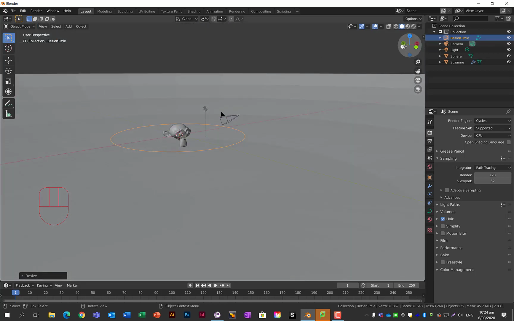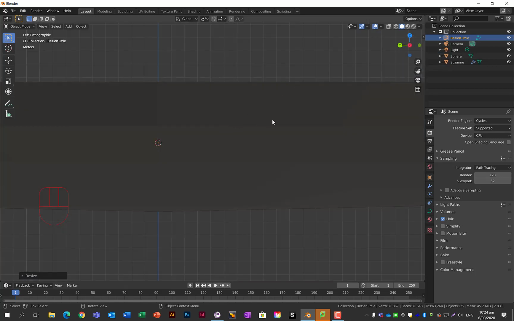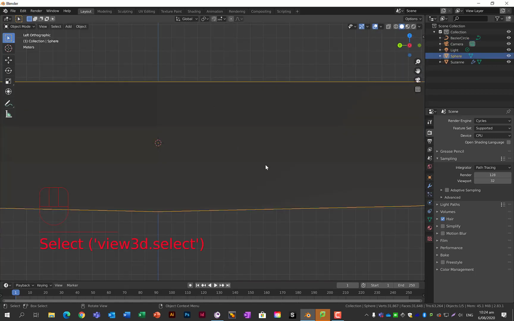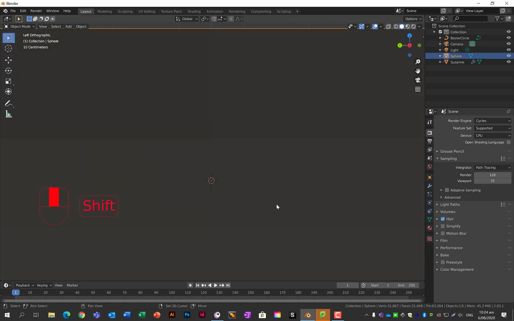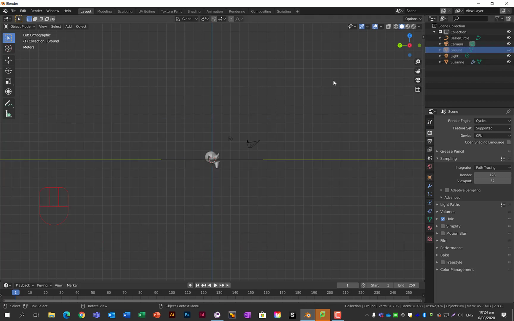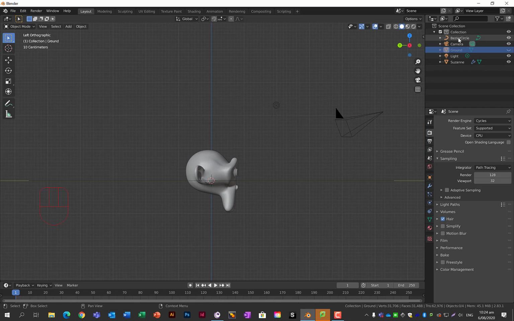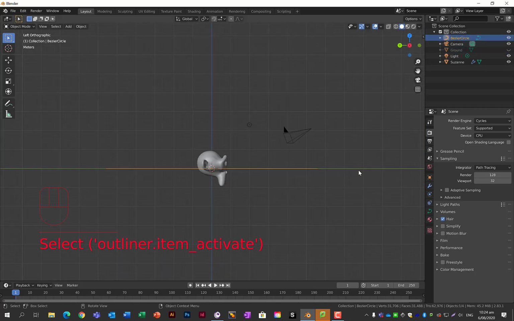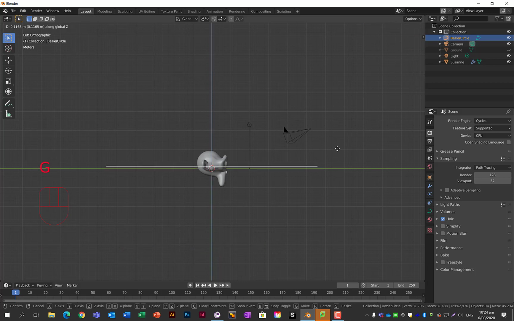That will not be at the right height, so if I change my view, you'll see it's not the right height, so I'm going to look from the side, and oh no, my ground is in the way. So you can either keep zooming in past that ground, or the sphere, which I'll rename ground, I'm going to click this little eyeball, and it's just going to not be in my way. I'll go back to re-highlighting my Bezier circle, and I want this Bezier circle to be the same height as my camera. So I'm going to go G for grab, Z for the Z-axis, and pull it up until it's the height of my